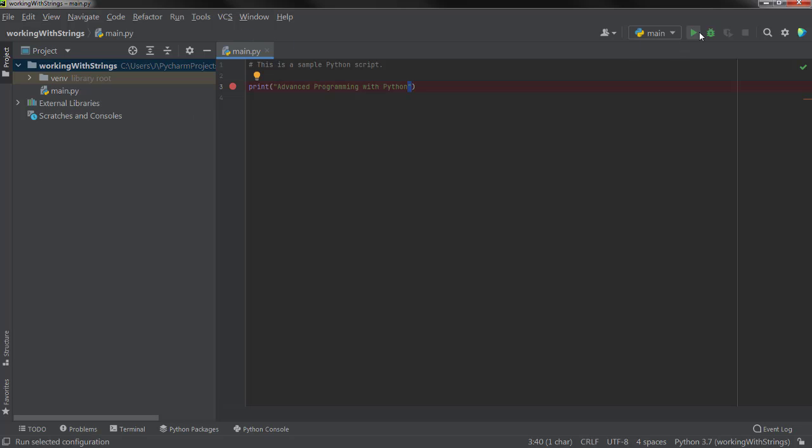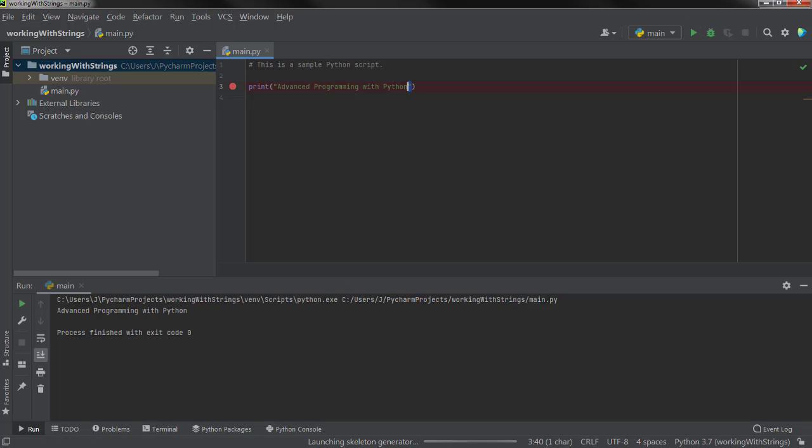So when I run my program down here, you can see that it printed out advanced programming with Python. And when we have these strings, there are actually a bunch of cool things that we can do with them. So one thing I could do